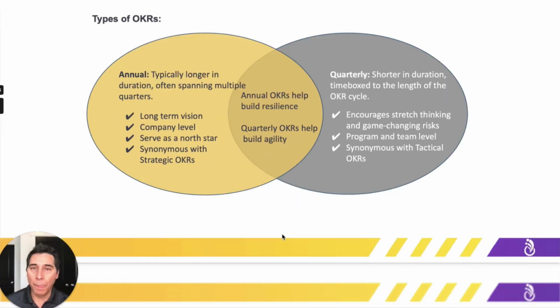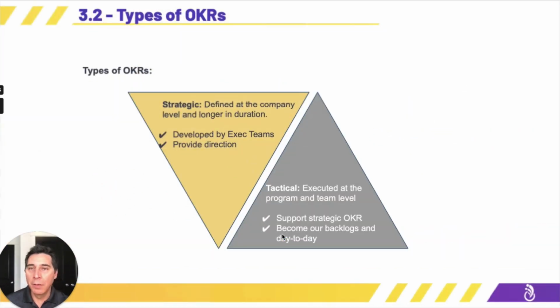So, all right, moving forward. So we've got our strategic OKRs as well as our tactical OKRs, right? So we talked about that. So your strategic OKRs, those are defined at the company level. Those are typically defined by your executive team, right? That C-suite that typically comes up with that strategy and the company OKRs, right, and so forth, right? So your strategic OKRs are typically defined at the C-suite level, at that executive level.